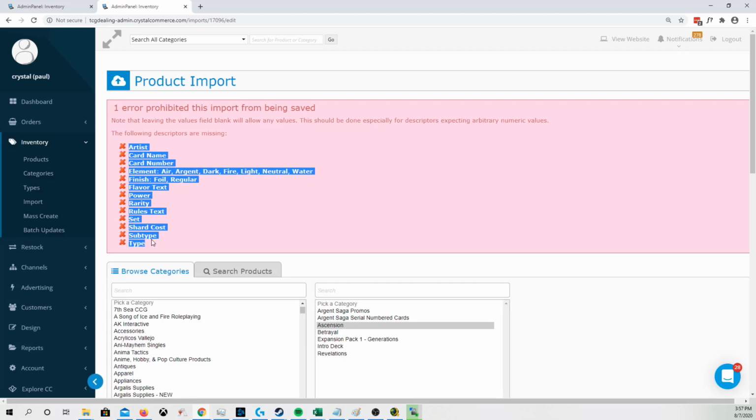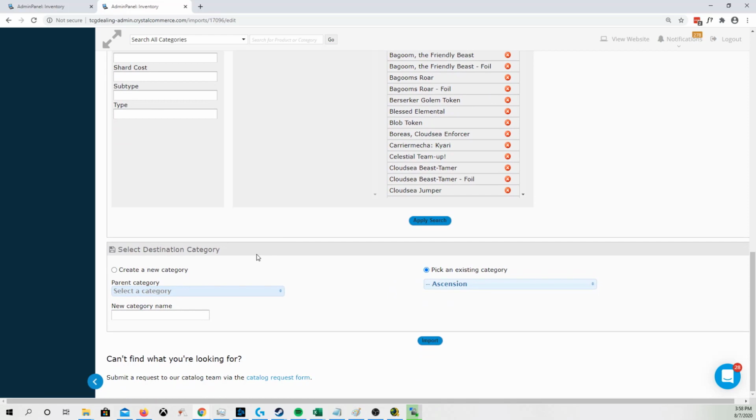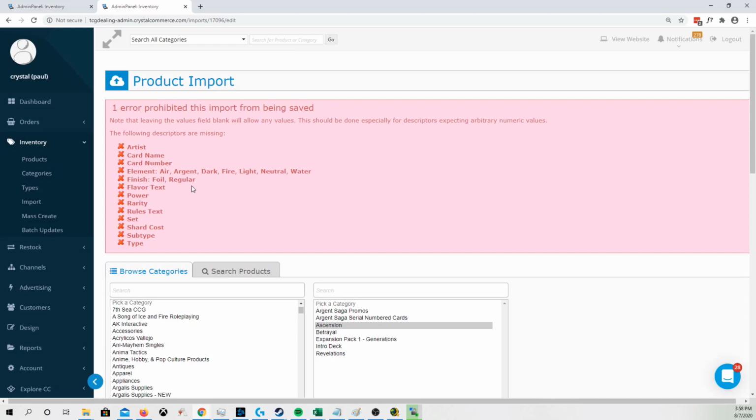the reason why you're running into this error is because you've already created the subcategory. And that makes it so it can't automatically generate those descriptors for the product type. So if you've already gotten this far on your own and you're running into this, and again, this is just for importing a brand new product line, the way you fix it is you go to categories,